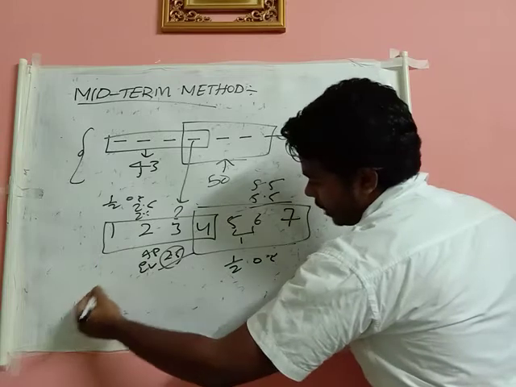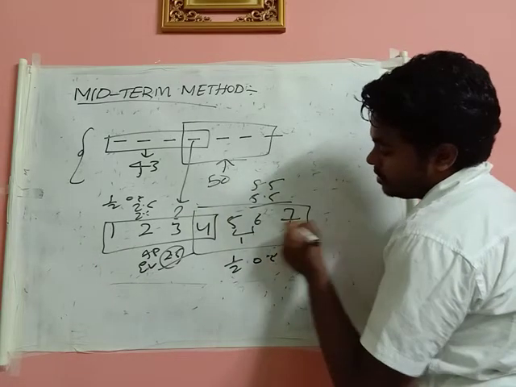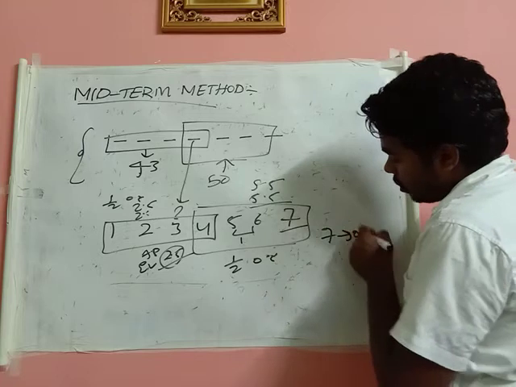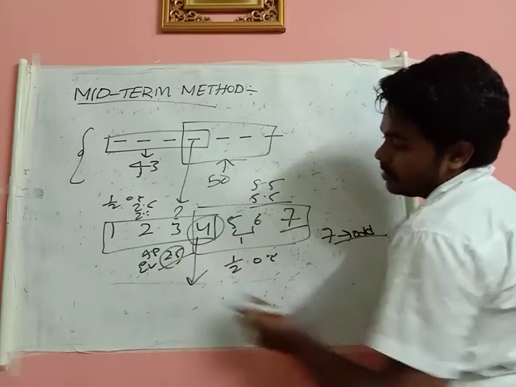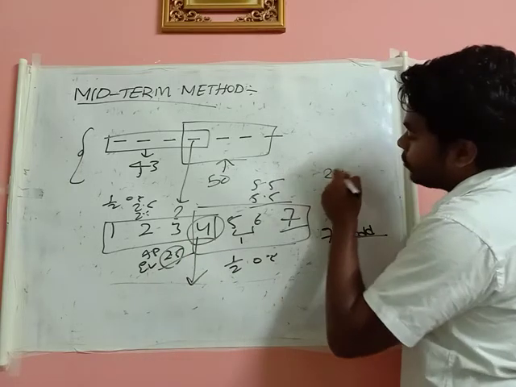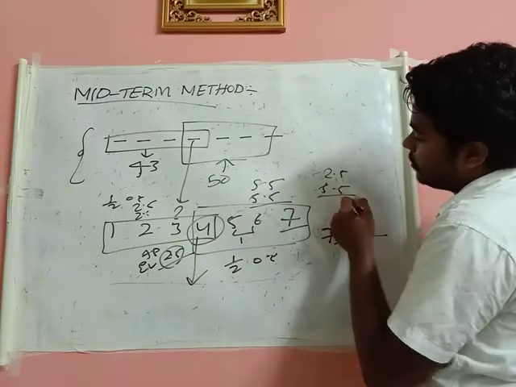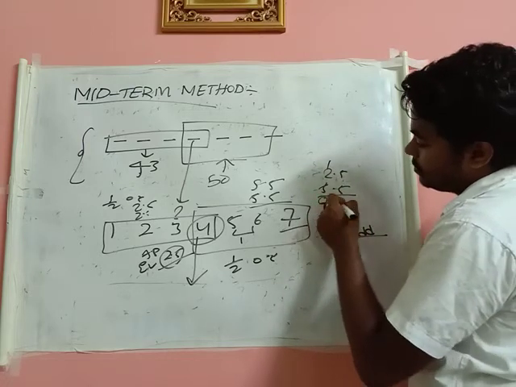Now coming to the entire average. What is the entire average? How many terms are there? 7, so it belongs to odd. Now the terms are in AP, so 4 is my average. Now see, if I add this 2.5 and 5.5, what will I be getting? I will be getting 8.